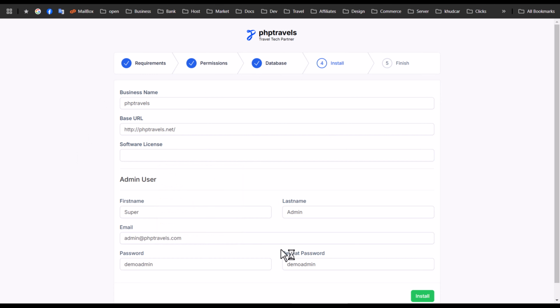So when you install the product, you add your business name, your database settings, your permissions and everything in your URL, and then we have this license key option. So before adding your license key, how to obtain your license key, you just need to navigate to the client